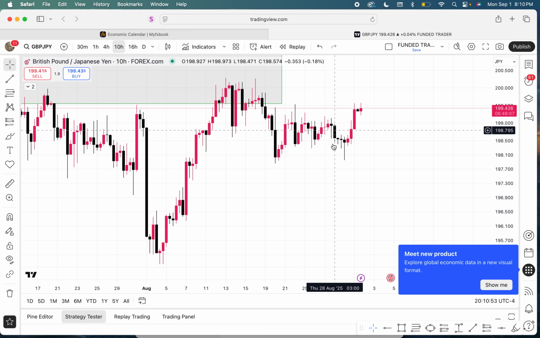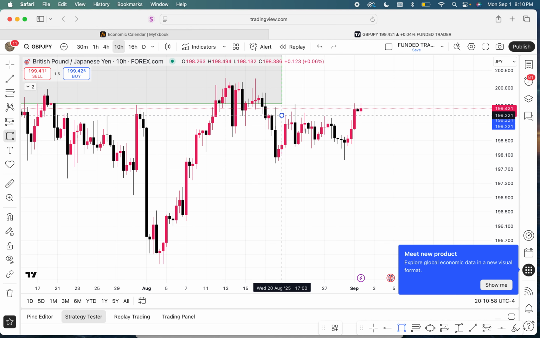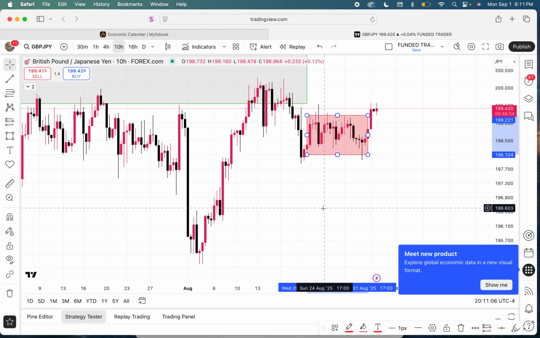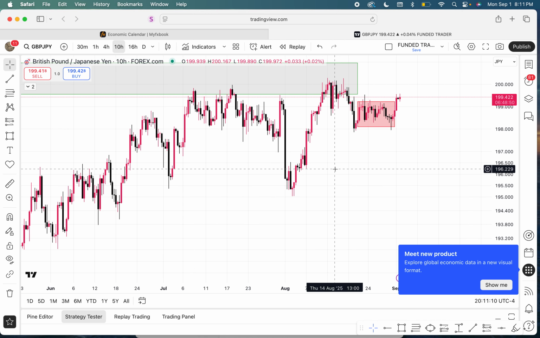And then this is consolidation. Anything that's going sideways, I don't trade. I really try not to, because that in itself is confusing. It's not giving one direction. But I'm trading GJ as a sell simply because